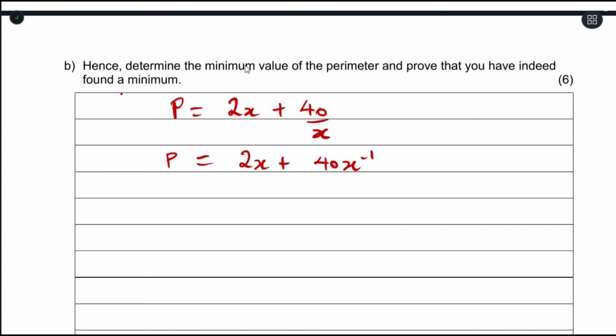Now, to determine your minimum value, the derivative is equal to 0. If I differentiate this, I am going to get 2 minus 40x to the power of minus 2, which can be written as